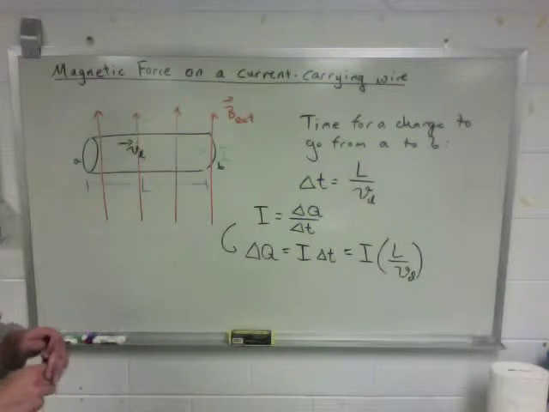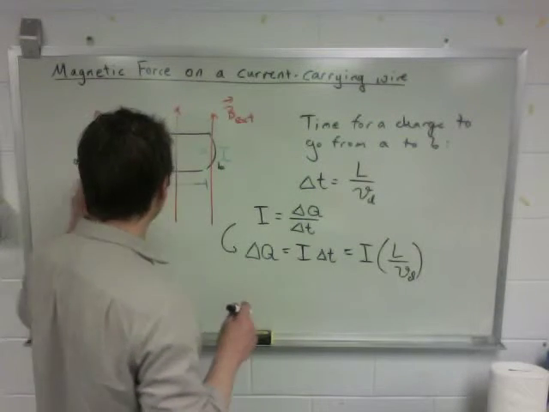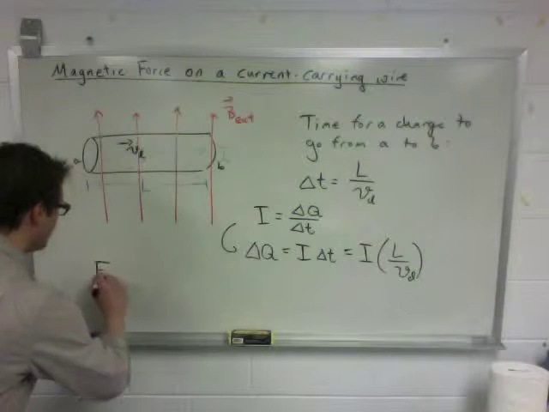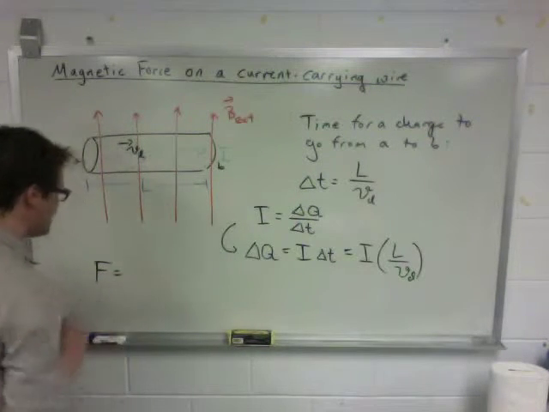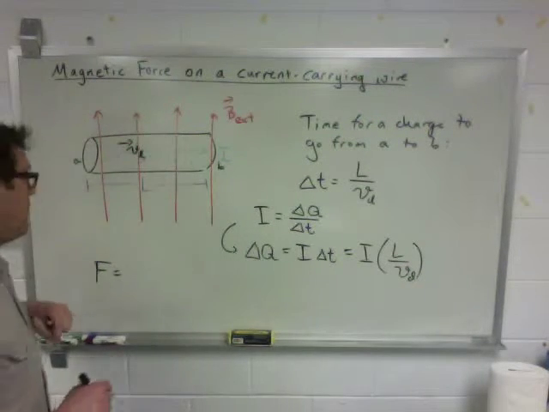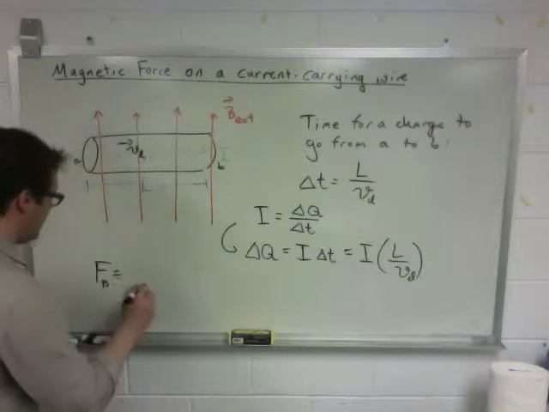Okay? So where am I going with this? Well, if this is the amount of charge that's moving to the right here with speed VD, then I can immediately calculate what the force on that charge would be. The magnetic force, the magnitude of that magnetic force, we already know that the direction is going to be out towards you, but the magnitude, FB, is going to be